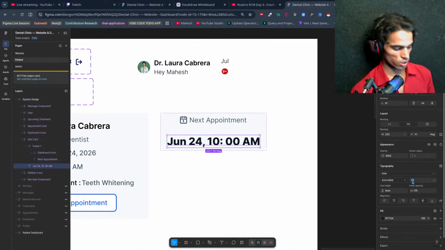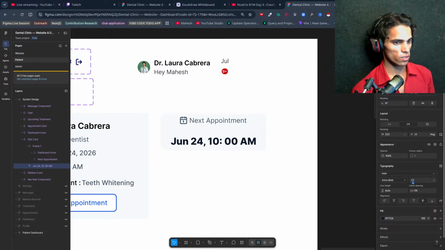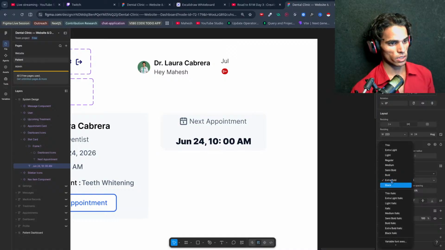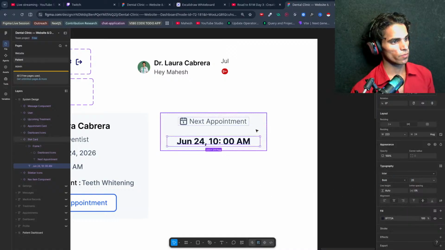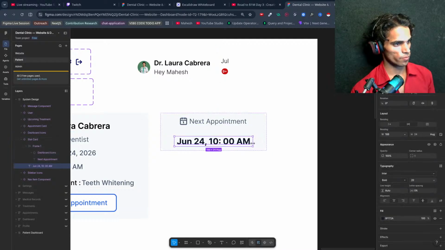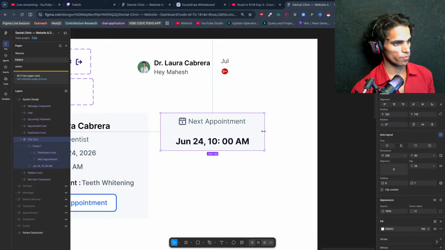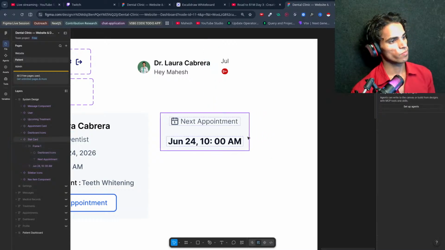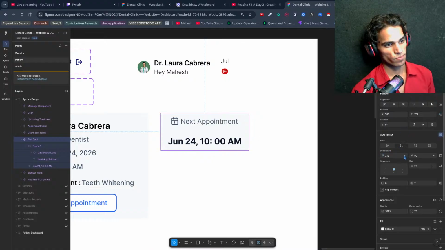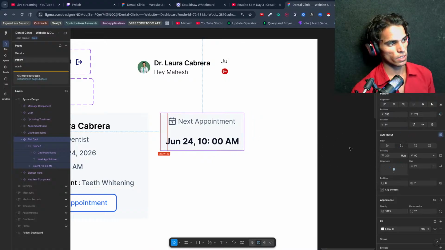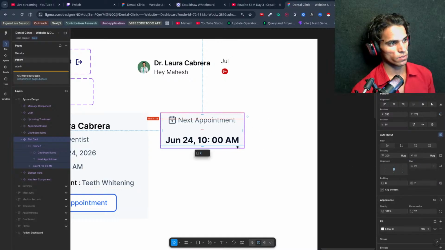I should change this to 23 or 20 maybe, and from extra bold, which should be hug contents, and height should be hug contents.